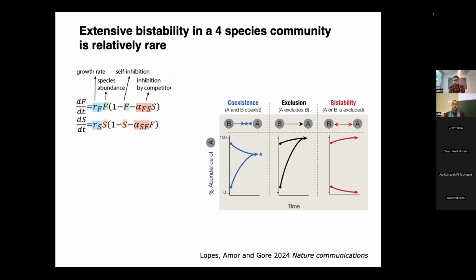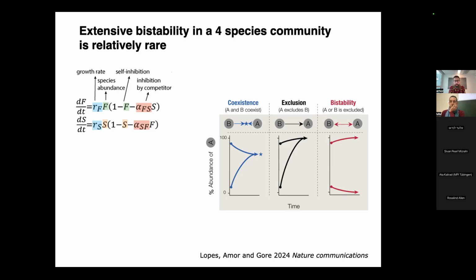If one of the interactions is strong but the other one is relatively weak, then we could have cases of exclusion when only one of the microbes wins. And only in cases in which the interactions between the two microbes are very strong can we have bistability. So out of the previous experiments in which we found bistability everywhere, if we think that everything is driven by the interactions between the species, this would have meant that all of the interactions between them are very strong. And Will was not convinced yet.